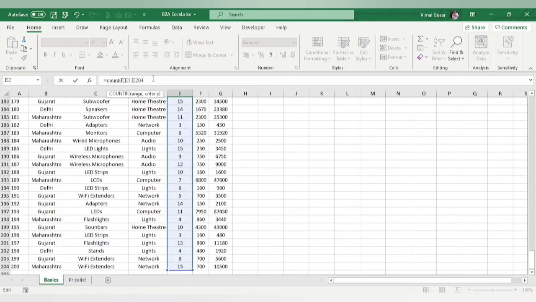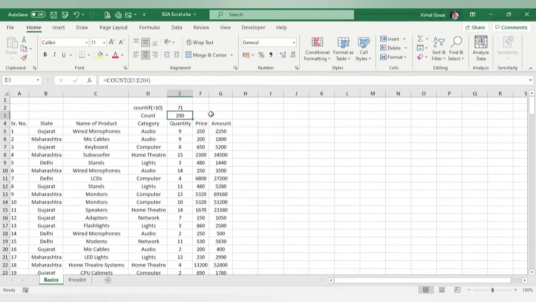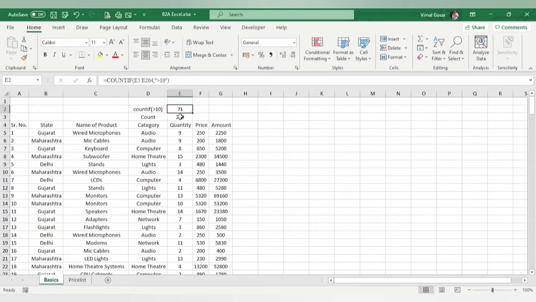It will give you the range, comma, then you will type over here that it is supposed to be more than 10, inverted commas, bracket close, press enter. So this is what you get. Out of 200 entries, 71 entries have quantities more than 10. Whatever the sale is doesn't matter, but this is what it means.